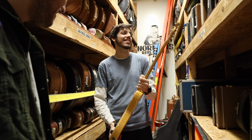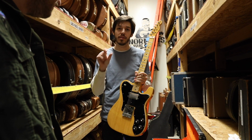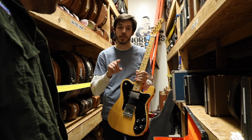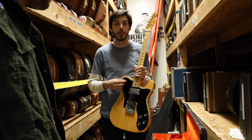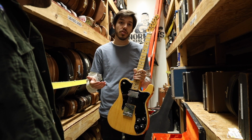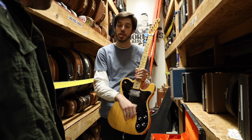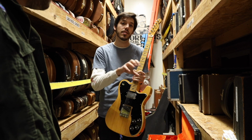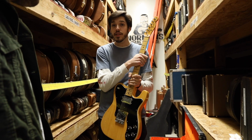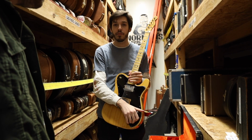Okay, so this is the Telecaster Custom, not to be confused with the Custom Telecaster. Those are two different models. The Custom Telecaster was earlier. You see a lot of them in the 60s, especially the ones I've seen. That is just a regular Telecaster with two single coils, the regular guard, regular switching, but it has binding on the top and the back of the body. That's the Custom Telecaster. The Telecaster Custom was part of a line of guitars that Fender introduced in the early